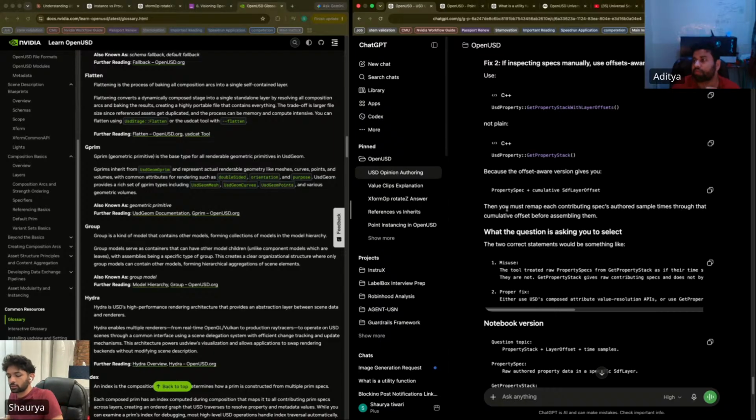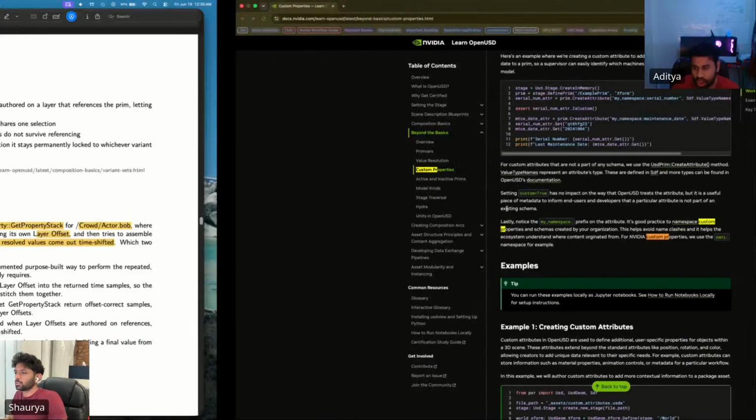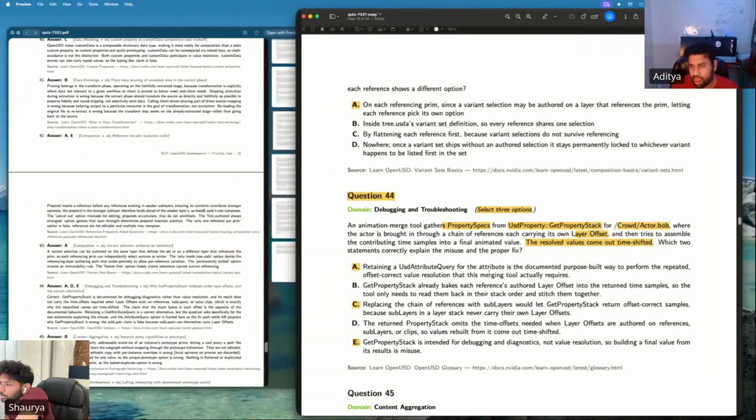Okay, now what was the question actually? An animation tool merges property specs from USD property get property stack, crowd, where the actors' bodies and so on, and then tries to assemble the contributing time samples into an animated value. The resulting values come out time shifted.